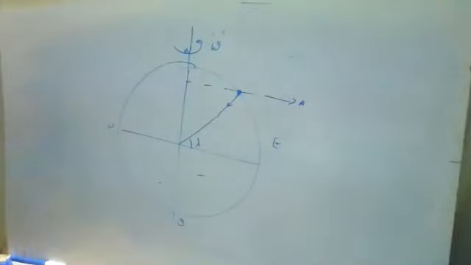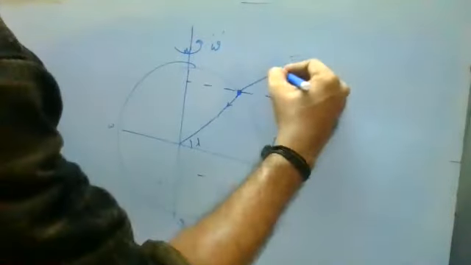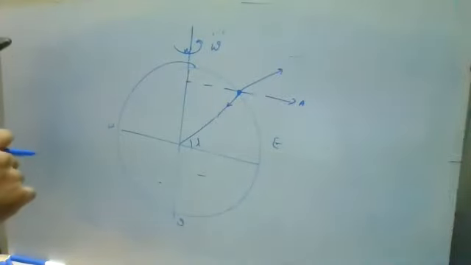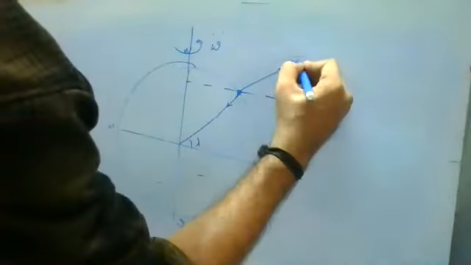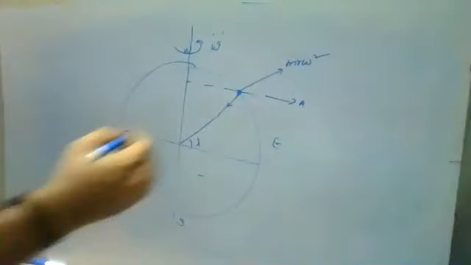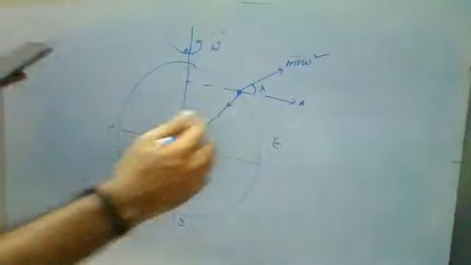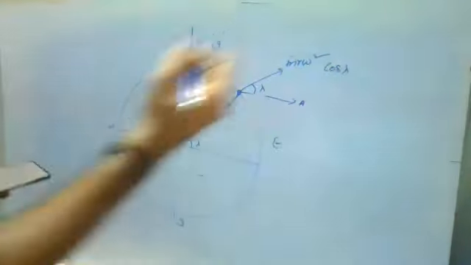There are two relations. One is with respect to omega, that is your angular centripetal force. It will try to travel in its own orbit as well. The relation with respect to centripetal force is m r omega square. Assuming it is making an angle lambda here, what is the angle here? It is cos lambda.